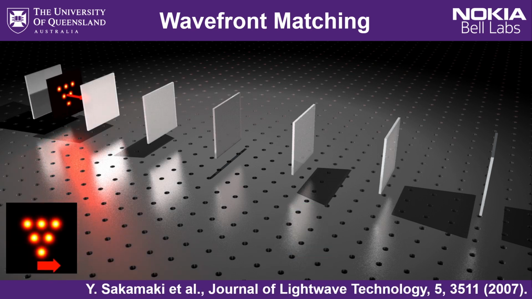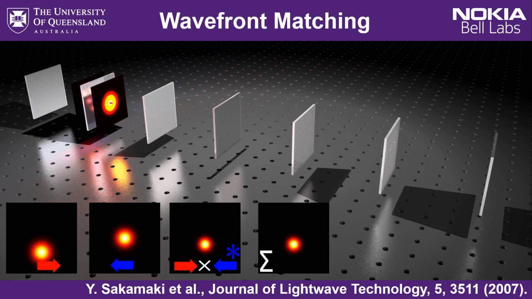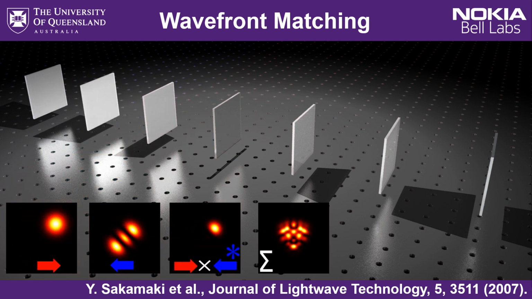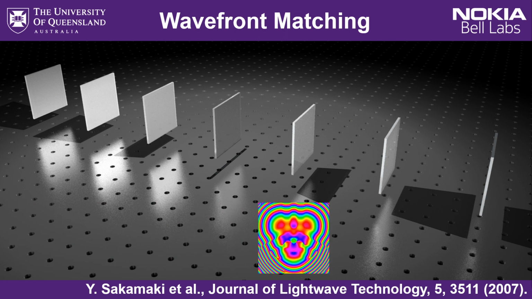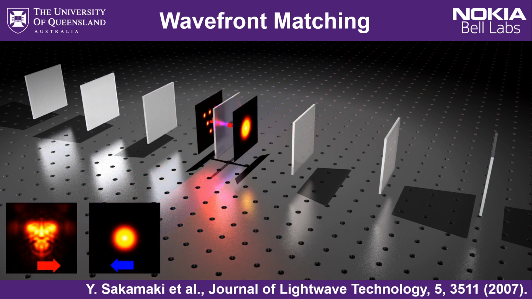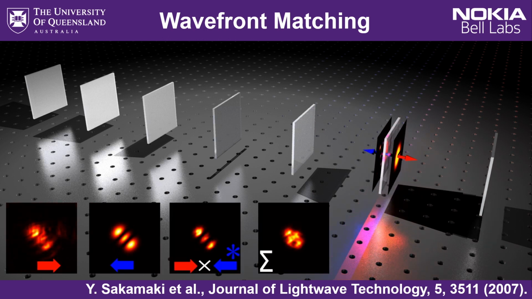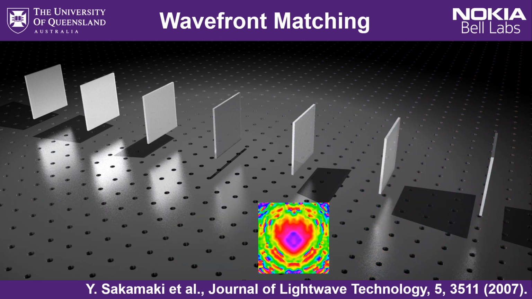And then you propagate to the next plane. And then you do the same thing. You overlap each pair of input and output modes, sum those spatially overlapped fields together, and the phase of that sum becomes your new phase mask. And then you keep going like that, plane to plane, forward and backward, matching phases, and as you do that, those forward and backward modes will tend to converge, as best they can at least, to maximize the coupling between